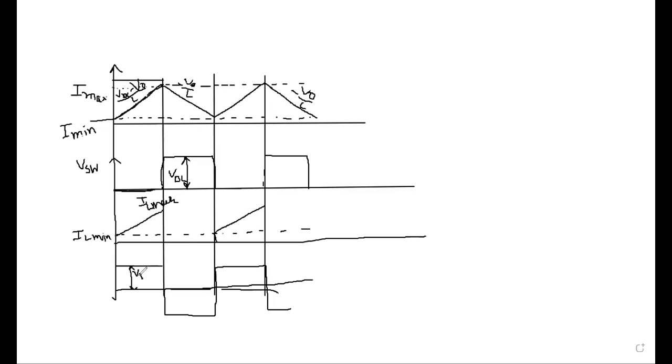This is VDC minus V naught, and this is minus V naught, it should be the amplitude. This is the inductive voltage VL. This portion is minus V naught. So what you can see is that the voltage is equal to minus